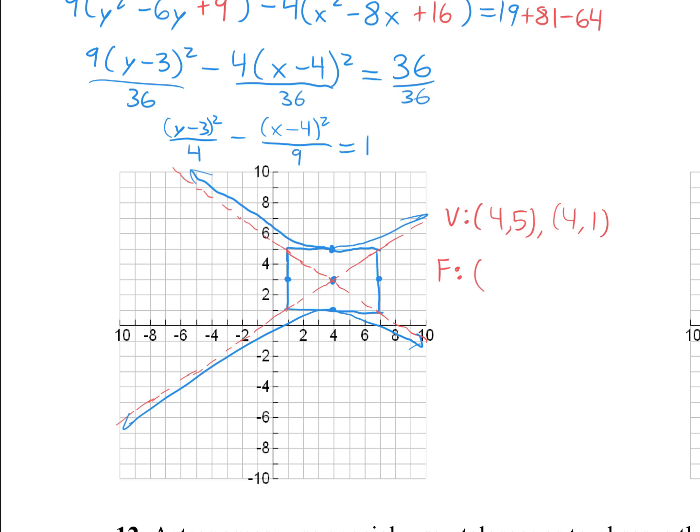All right, so the quick way to find C is just add the denominators together and take the square root. All right, so our center was 4, 3. So we take the y coordinate and we add and subtract, we're at 13. All right, the asymptotes are going to be